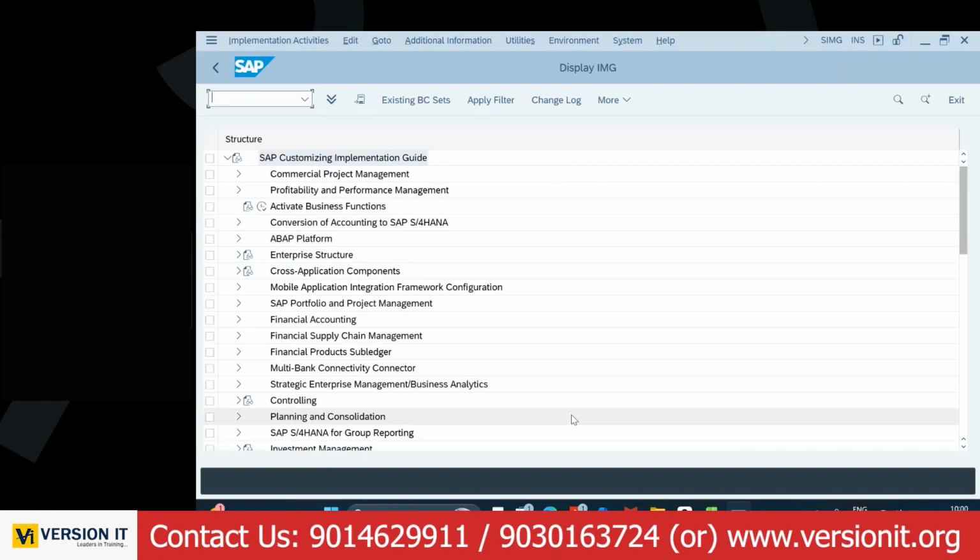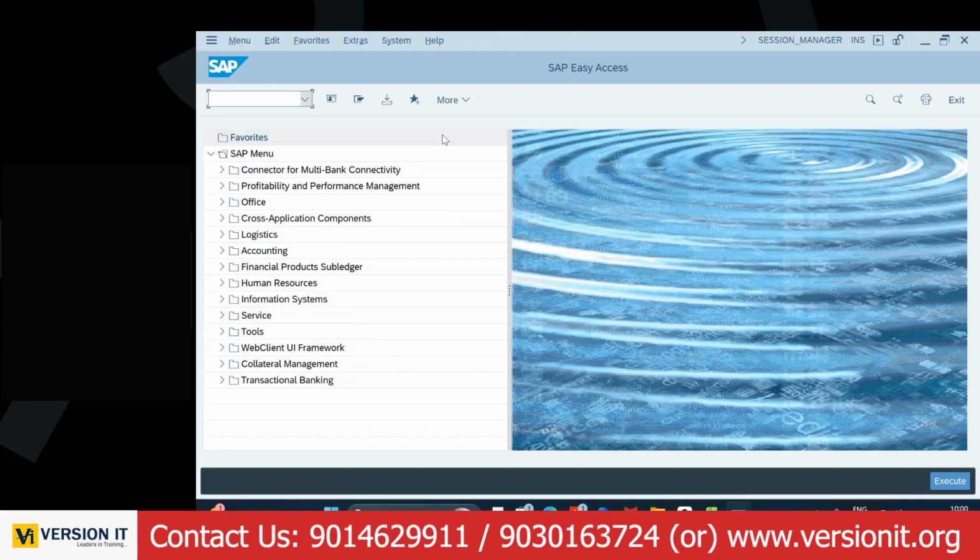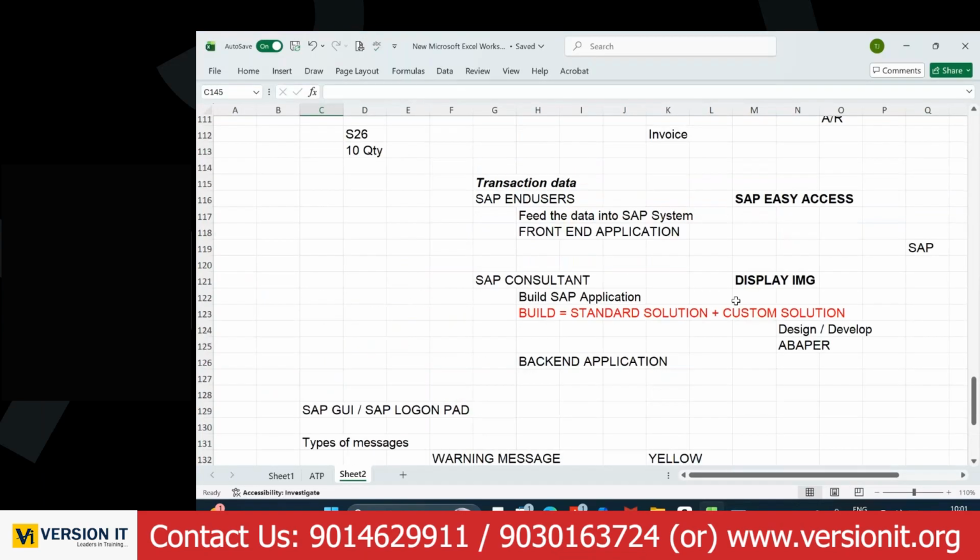Now, what all things do you need to remember? Always remember that display IMG is going to be under the control of the consultant, and end users will be working on the SAP Easy Access screen. Now, once you have this information about where consultants will be working and where end users will be working,